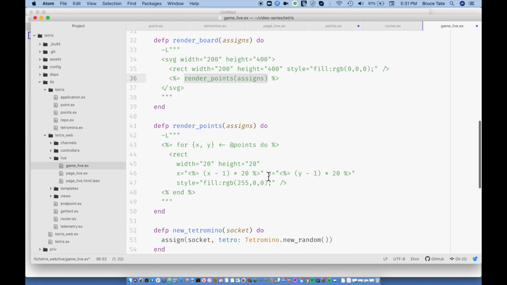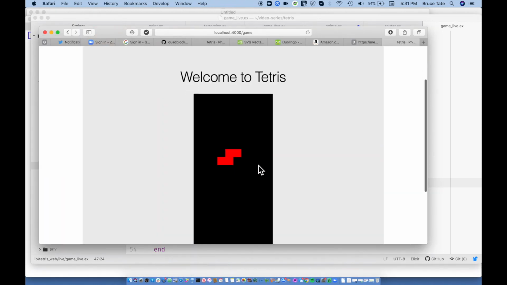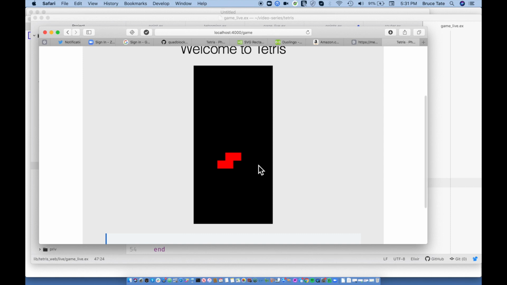And one of the things that you notice is that a point is an X and a Y. And you can see that we're rendering the color in this kind of sophisticated way. I don't need sophistication here. I just need a valid HTML color code. So I'm going to hard code that to red. And I think that what I'd like to do is